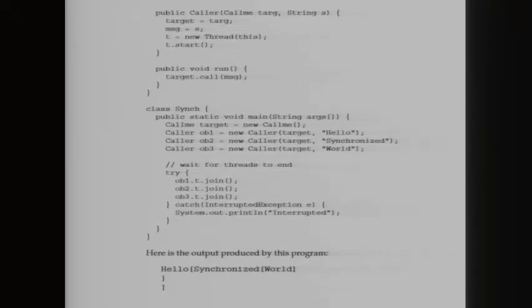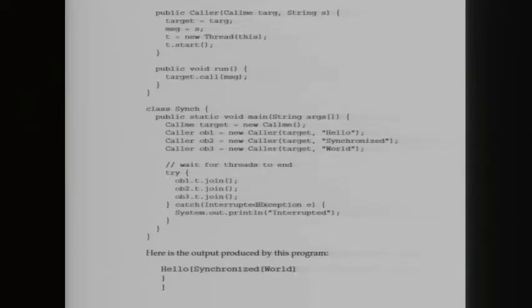To fix the preceding program, you must serialize access to the call method. That is, you must restrict its access to only one thread at a time. So to do this, you simply need to precede call's definition with the keyword synchronized.